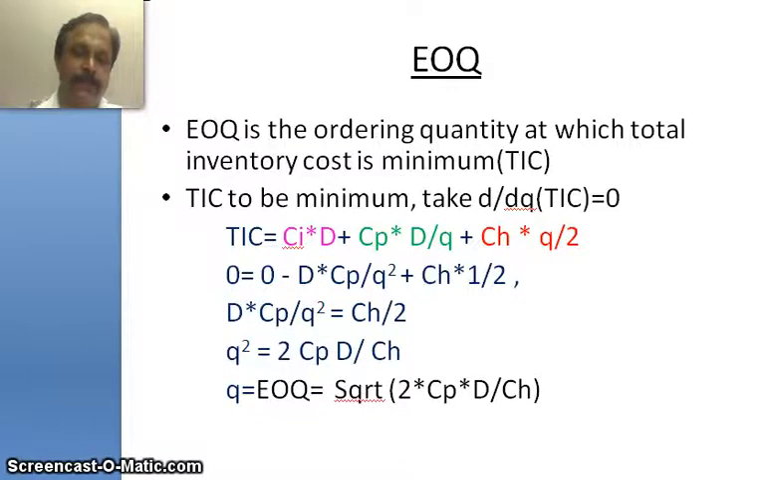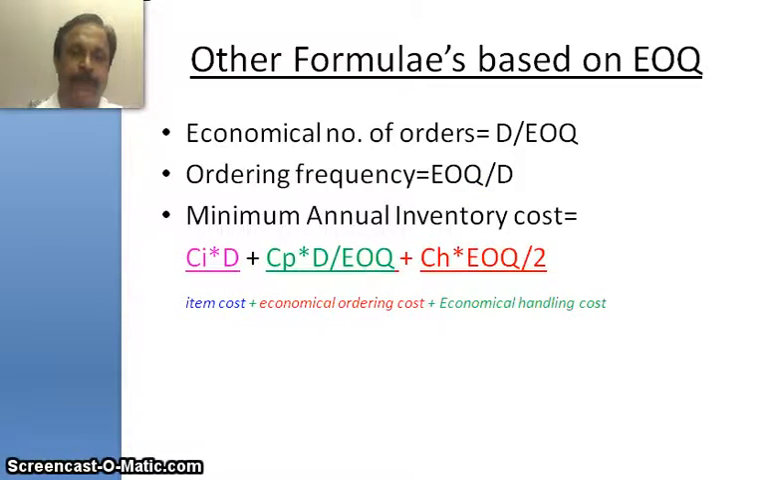This is the quantity which gives you the minimum total inventory cost. Hence, this quantity Q can be rewritten as EOQ, and this equation of inventory is called the economic ordering quantity. So this economic ordering quantity relation will be useful to derive the other relations